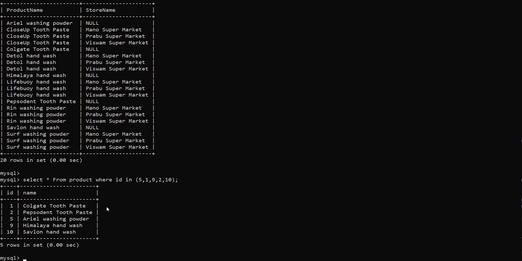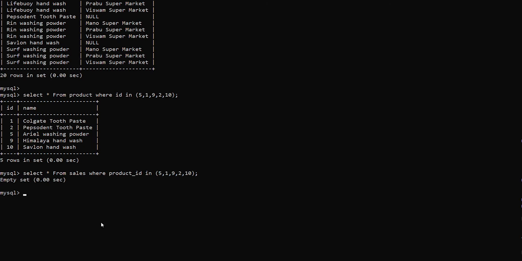Now we are going to validate these IDs in the sales table. I'm going to copy paste. I have executed the command with the product ID from the sales table. We got empty set.